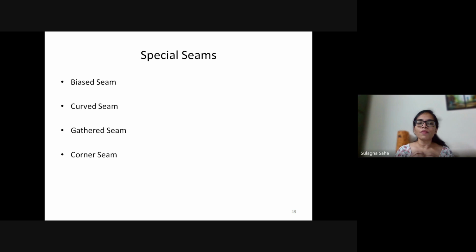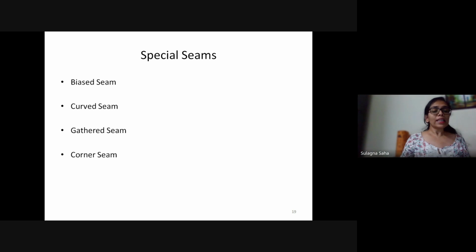Okay, gathering is when you take a lot of fabric and you scrunch it in a smaller place to give a more voluminous look. For example, a lot of skirts, we have gathered skirts where at the waist there is a lot of fabric, so it is not a pleat, but you take the fabric in small bits and put it together, you scrunch it up, often done with elastics also. Are you getting what I'm trying to say? Yes, ma'am.